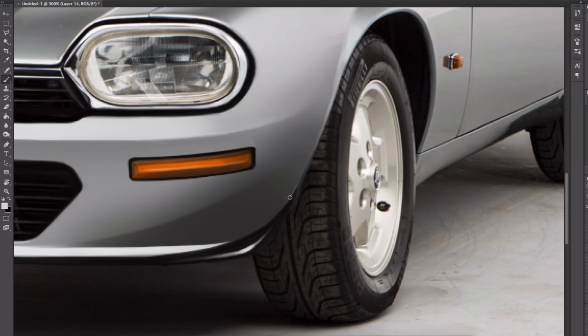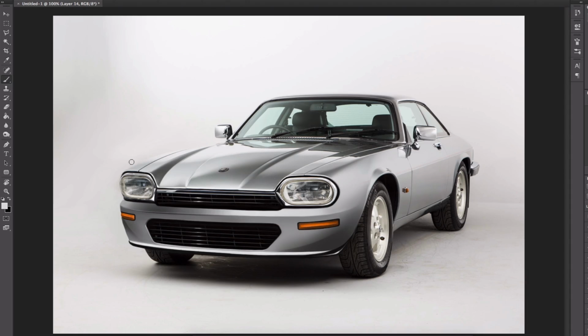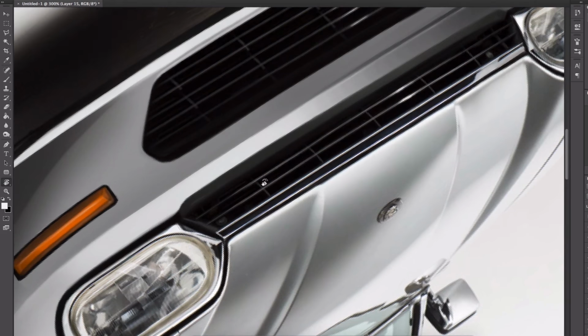So we're coming to an end of this redesign, and the one final touch that I want to do is, of course, change the color from silver to British racing green. I think that fits this car perfectly, as with any Jaguar or Aston Martin for that matter. I had a lot of fun redesigning this Jag, and I hope you enjoyed it